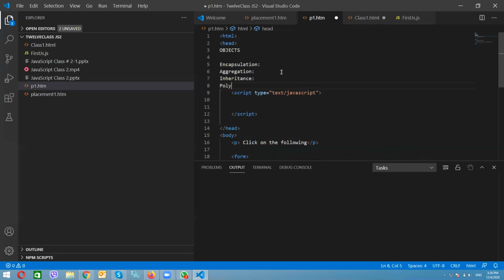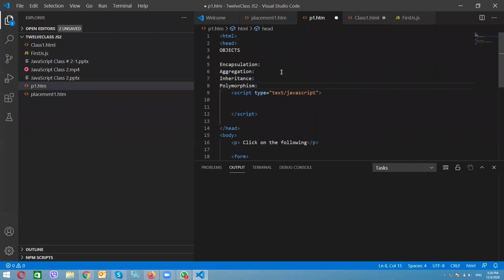Another thing is polymorphism. What is polymorphism? It is another capability to write one function or method that works in a variety of different ways. For example, you create a function with the name table, and this function will produce many tables.